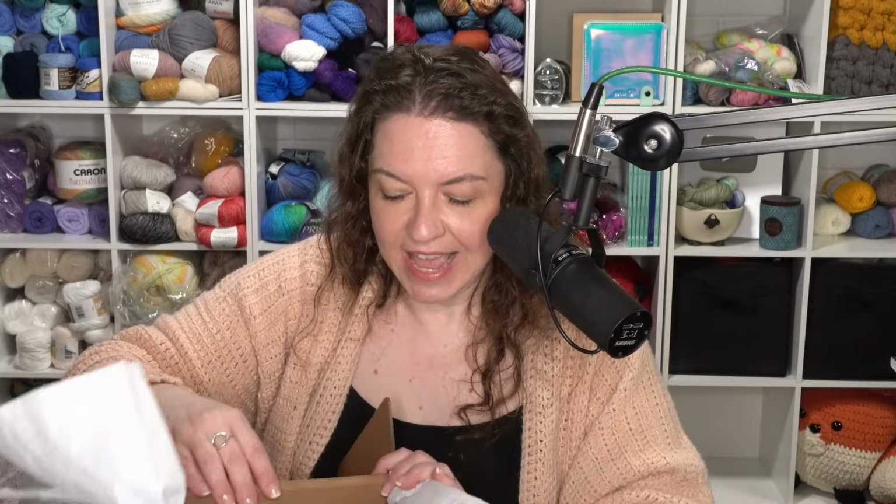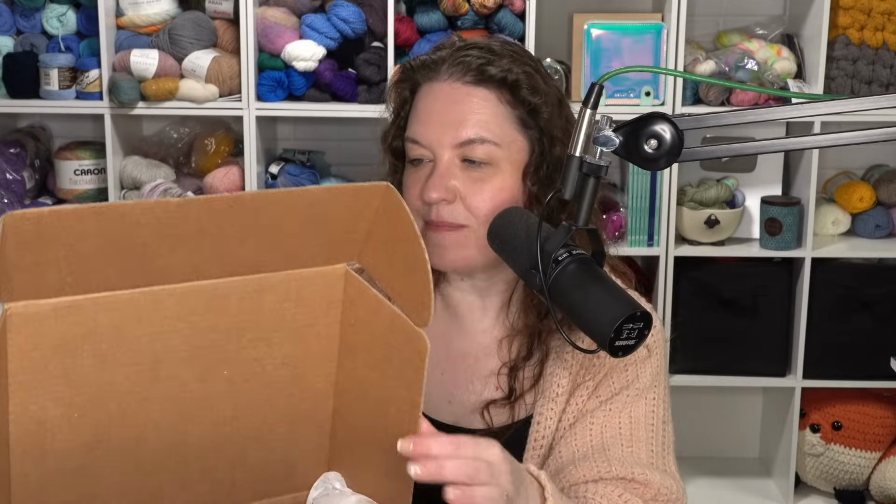So having a little scale like this is really nice. And of course, I feel like no box would be complete, and certainly theirs aren't either, without some gorgeous yarn. And this one is by Yarnaceous Fibers. And that's a company I'm not familiar with,